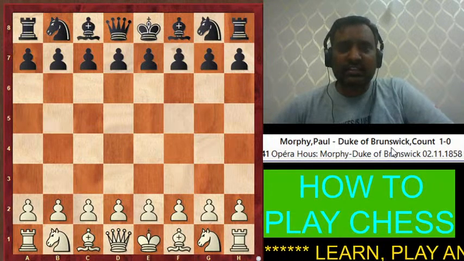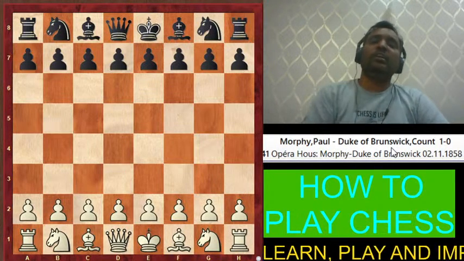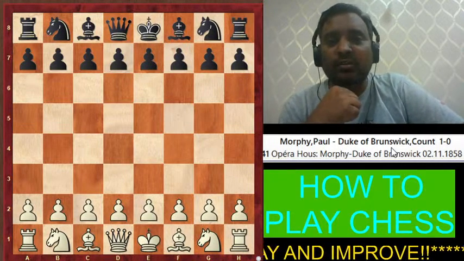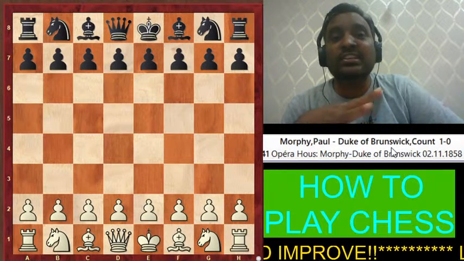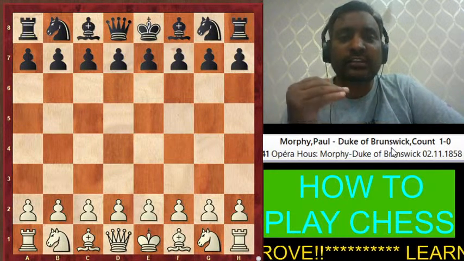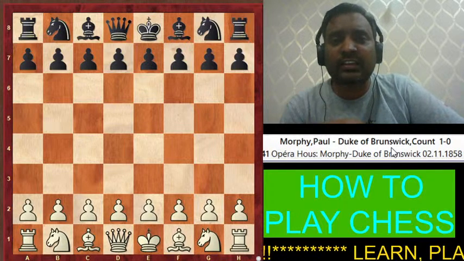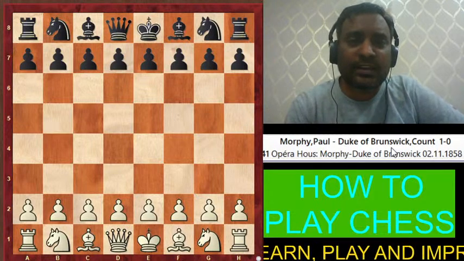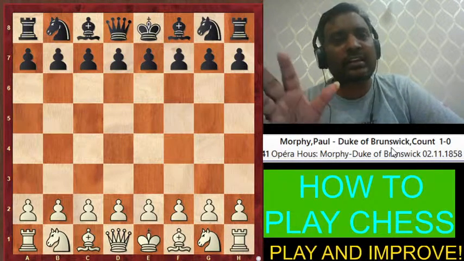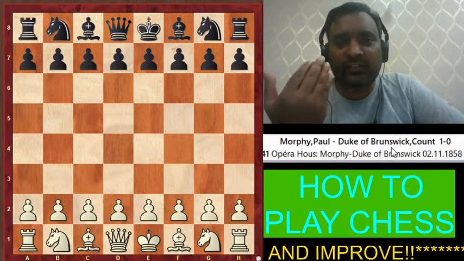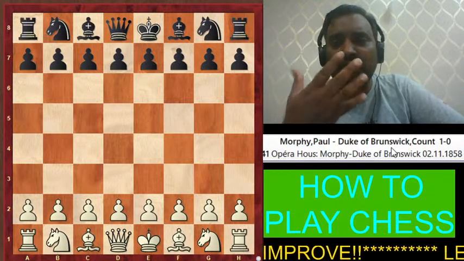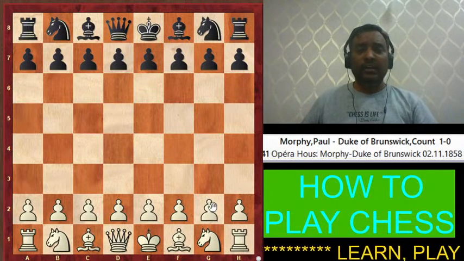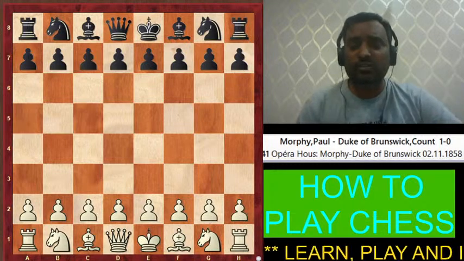Okay, वो king के advisor थे, and he was played against two players. Paul Morphy played this game against two players. दो player के against एक player ने खेला हुआ है, and Paul Morphy is a chess legend. Okay, and he got retired early, like he started playing chess at the age of 16. At the age of 21 he becomes world best player, and at the age of 22 or something like that he just retired from the chess, and then he went into studies law, and he become a lawyer, and then he got like early death. Okay, so he's a very strong player, and we study his games to improve.